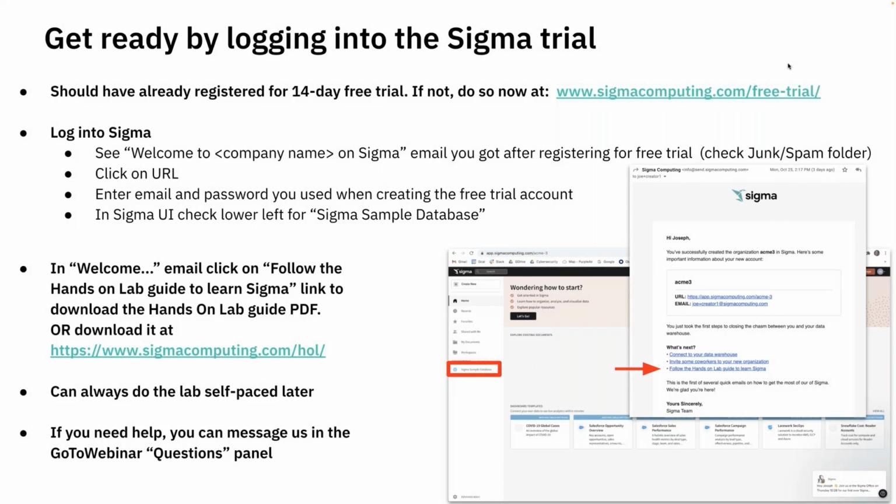Okay, looks like most people have signed in. So everyone, if you want to get started, if you access www.sigmacomputing.com/free-trial, you'll be able to sign up for our platform, 14 days, and you can follow along with this lab. You'll actually get an email, follow the link, set up your name, password, and then you'll be live within our SaaS tool. Now, high level, there's a questions tab to ask questions as we go. There's also a handouts tab for the actual lab guide, and you can access it at this link,